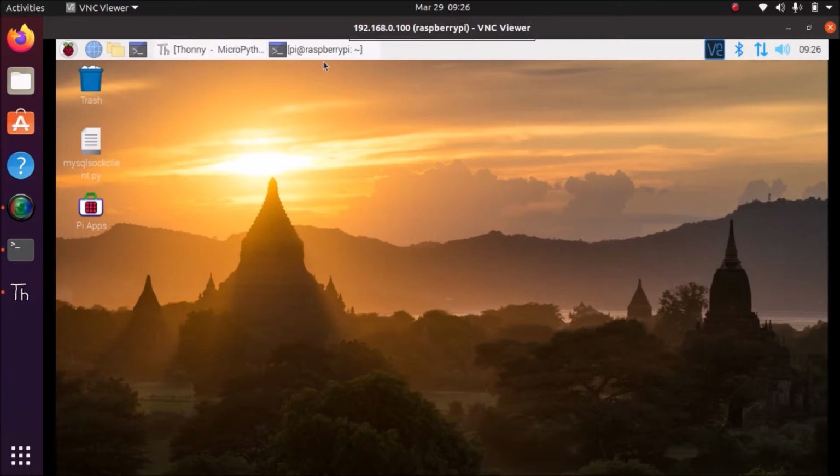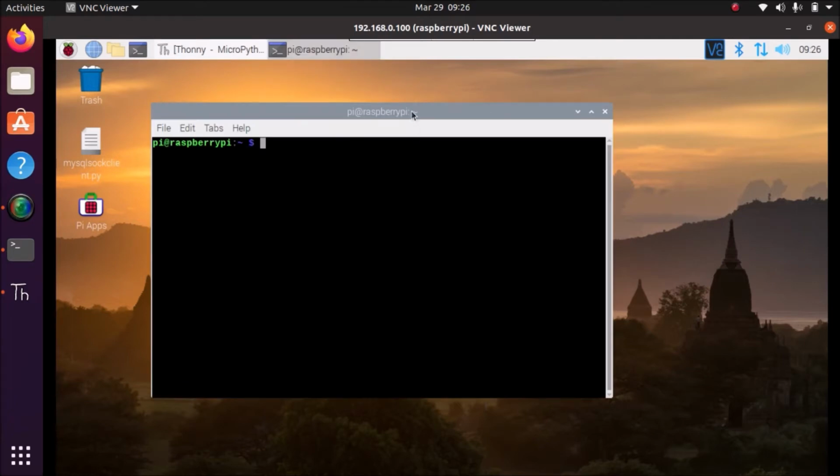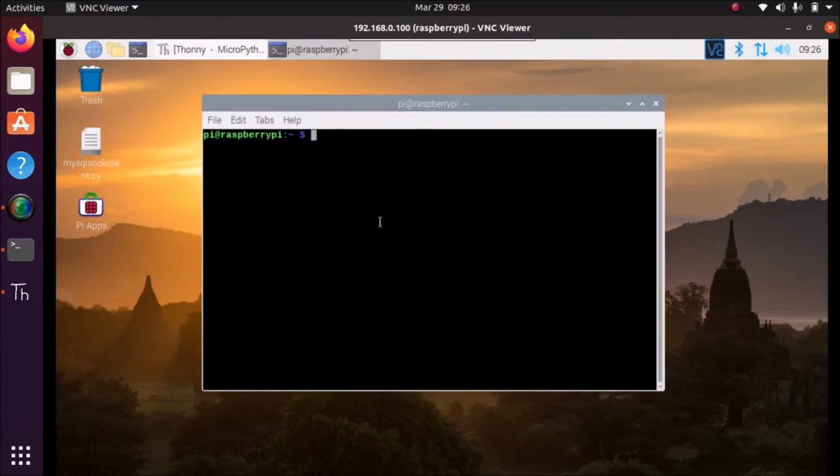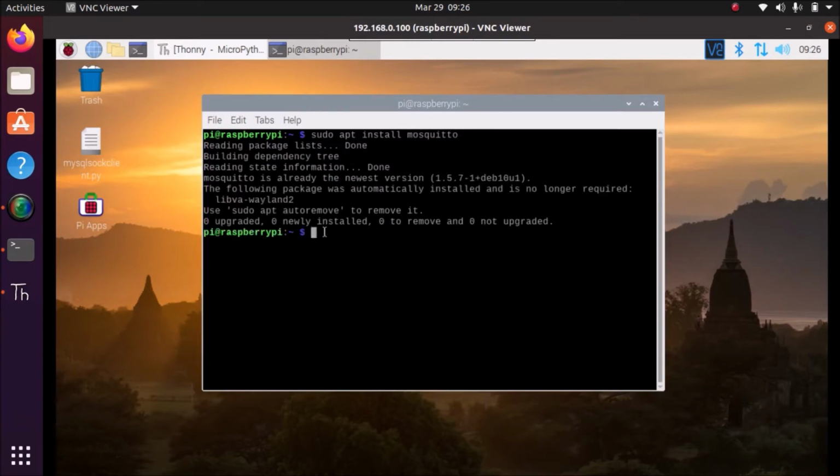First, we need to install the Mosquitto package on our Raspberry Pi 4. This is the Raspberry Pi 4 terminal, and we install the package with sudo apt install mosquitto. Just hit enter. It will install the Mosquitto package.